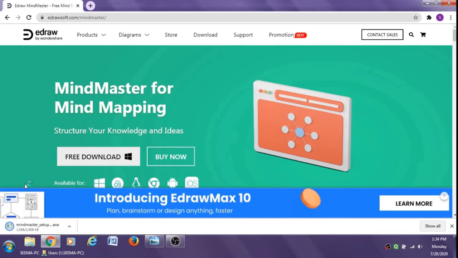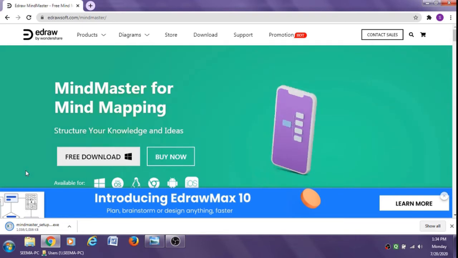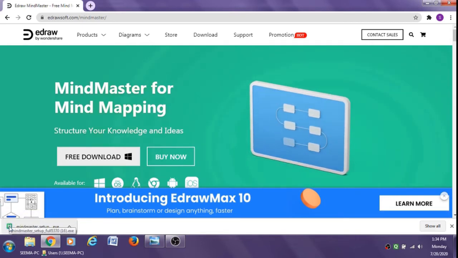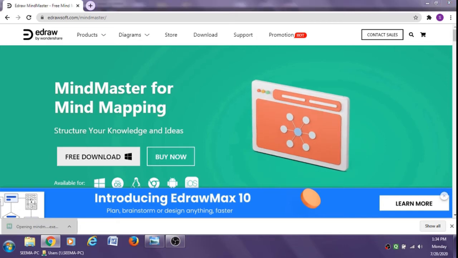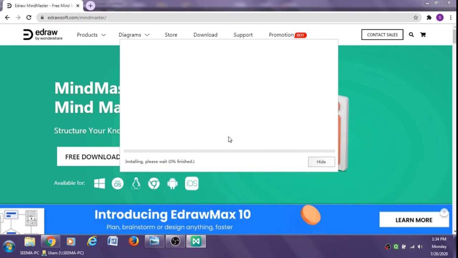Now double click on this downloaded file. It will ask you for some permission. Just allow it by clicking on yes. Now click on the install button.